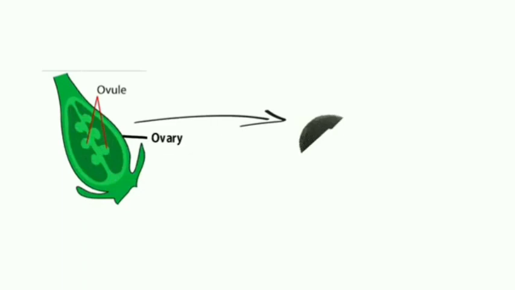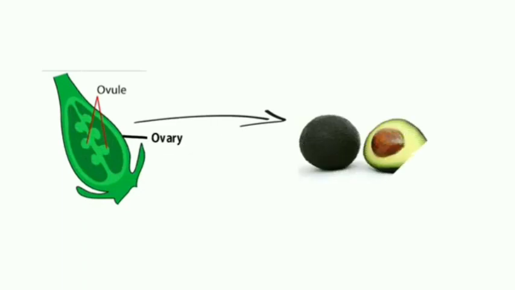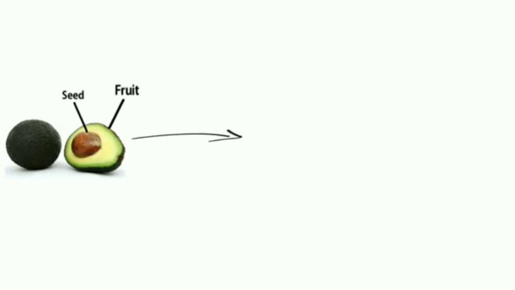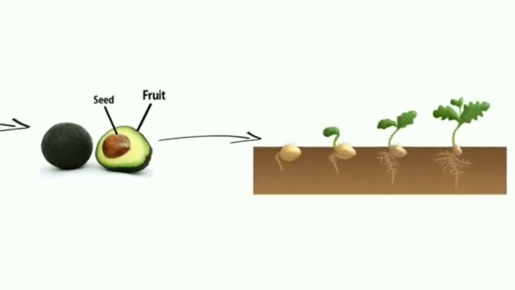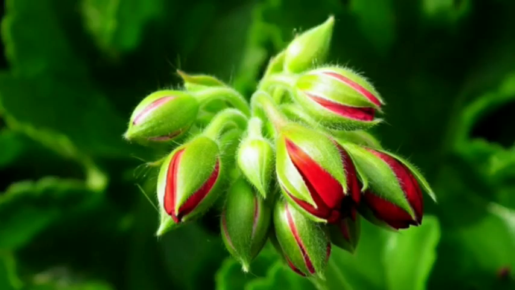The ovary gets converted into fruit, whereas the ovules are converted into seeds, which when mature give rise to new plants in suitable conditions. Now let us see what their role is, or how they assist in the process